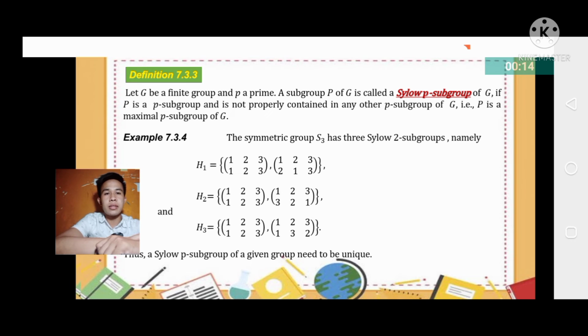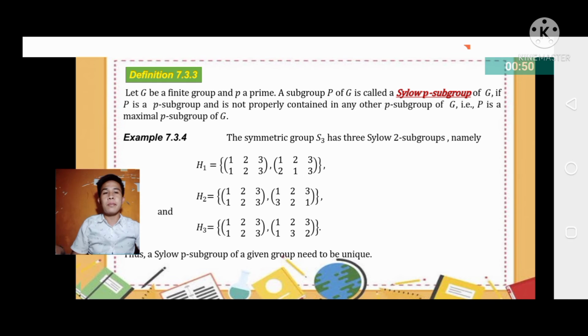We are now in the 7.3.3. Let G be a finite group and P a prime. A subgroup P of G is called a SYLOW P subgroup of G if P is a P subgroup and is not properly contained in any other P subgroup of G. That is, P is a maximal P subgroup of G. So we have the example, no? So we are now in the example